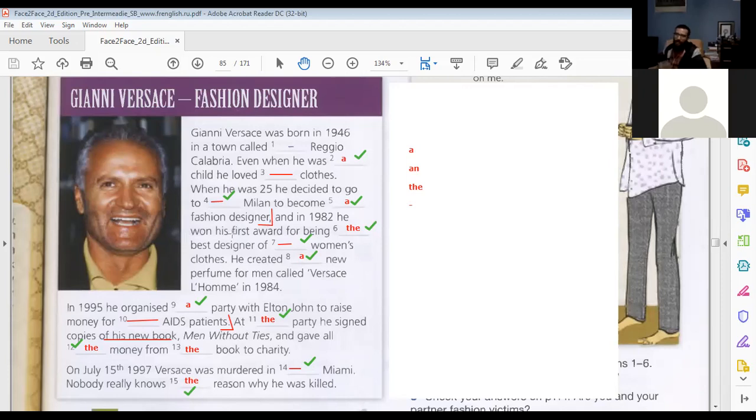But this one, why not for an AIDS patient? Because it's plural. We can't use an with plural. That's the point. And we can't use the because we haven't talked about them before. So yeah. Do you get the idea? Is it clear? Yes. All right. So this is a little introduction on